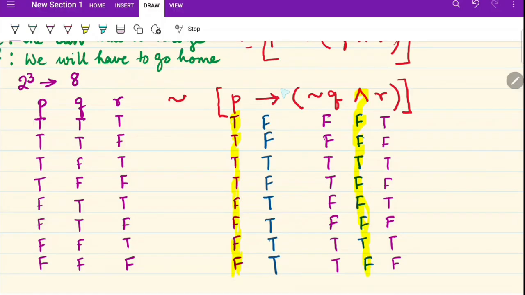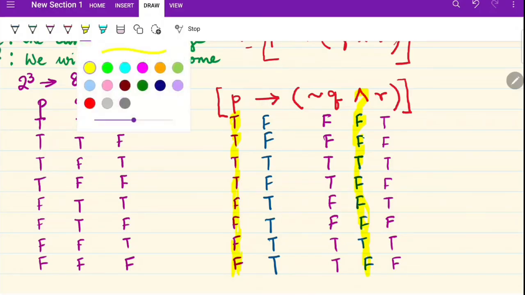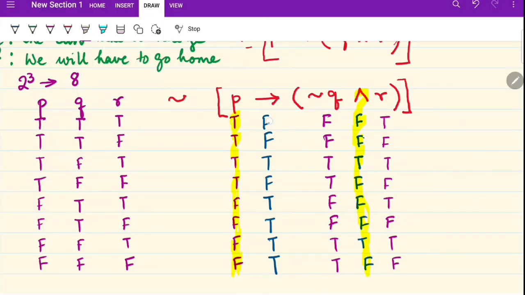So that is the evaluation of the conditional. So now this time I'm going to color it with a different color, let's use the gray. All right. So we have evaluated the conditional